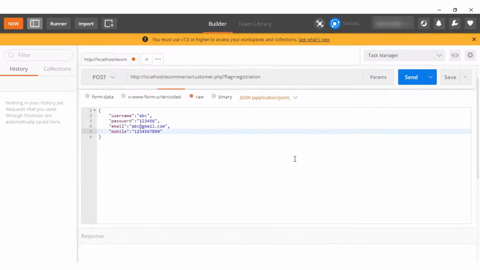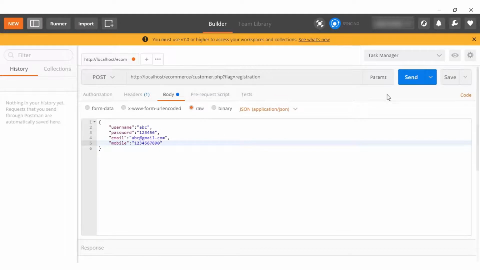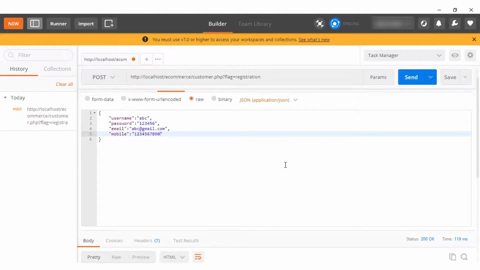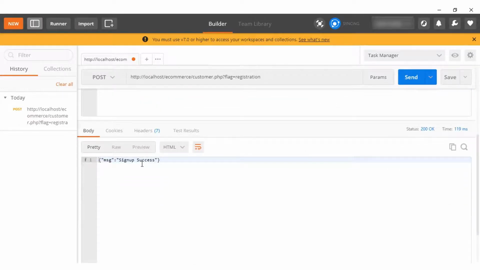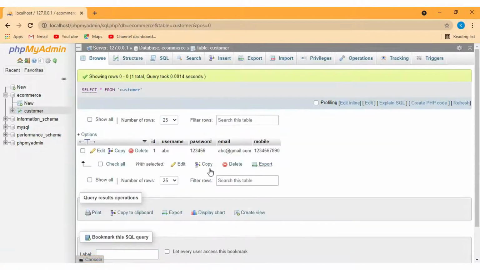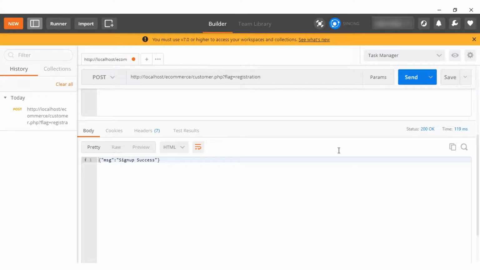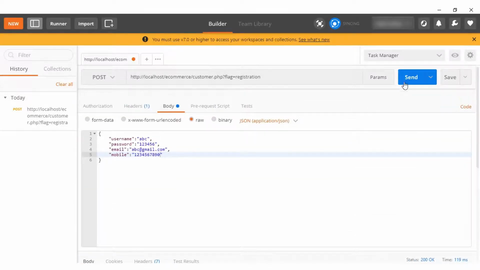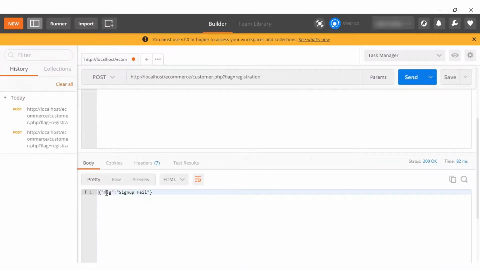With this data, if I click on the Send button, you can see we are getting the message sign up success. You can also check this data in your database. I will click on the Browse button, and it will display the data we have in our customer table. If one more time I click on the Send button in Postman, you can see sign up failed.